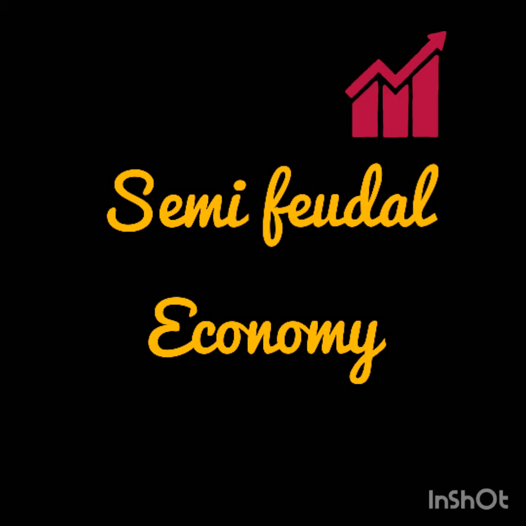Number 1, semi-feudal economy. At the time of independence, the Indian economy was a mixture of both feudalism and capitalism. Feudalism referred to the existence of middlemen between the actual cultivators and the government, whereas capitalism referred to the existence of capitalistic industries which were controlling main parts of the industry. So, a semi-feudal economy refers to an economy which has a mixture of feudalism and capitalism.